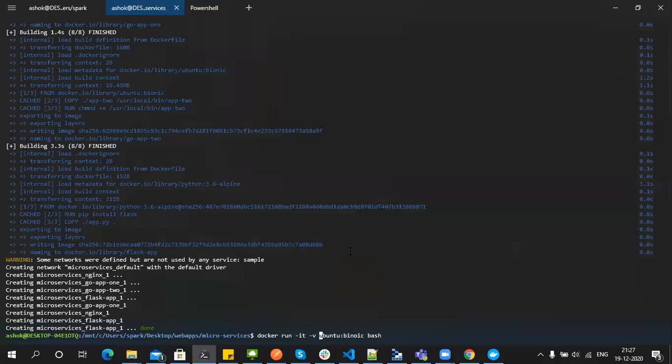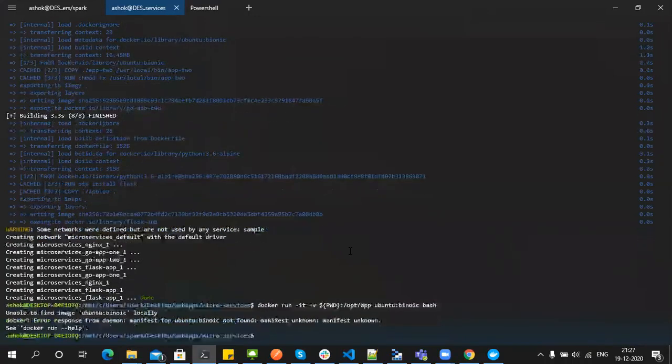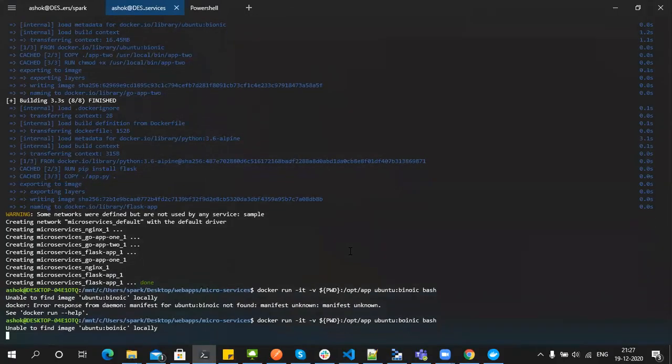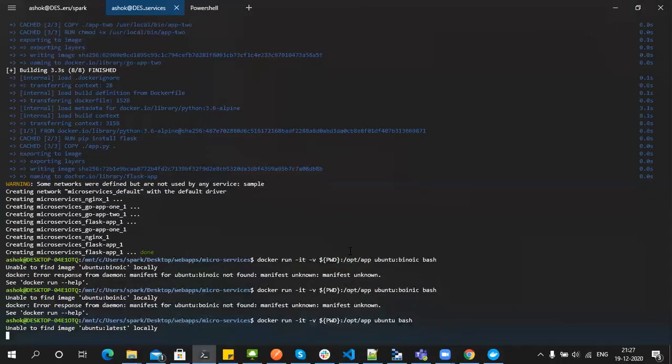I'll mount my present working directory to /opt/app. I think there's still a spelling issue. Okay, go with Ubuntu, not a problem.